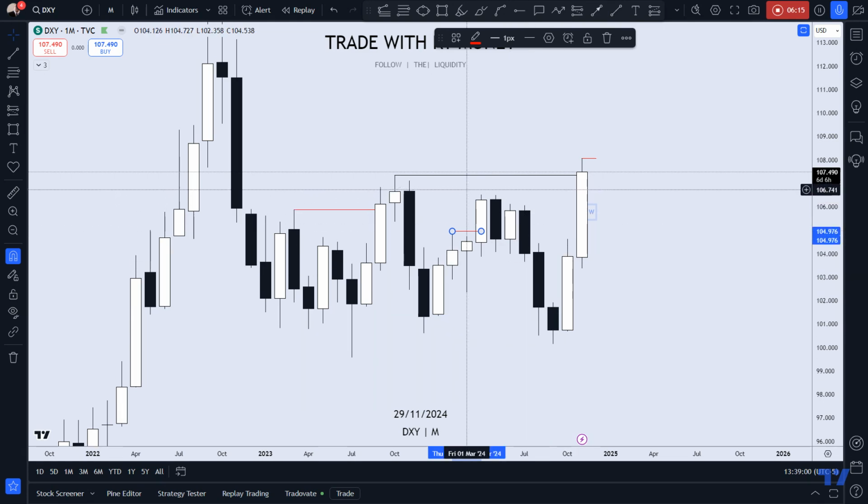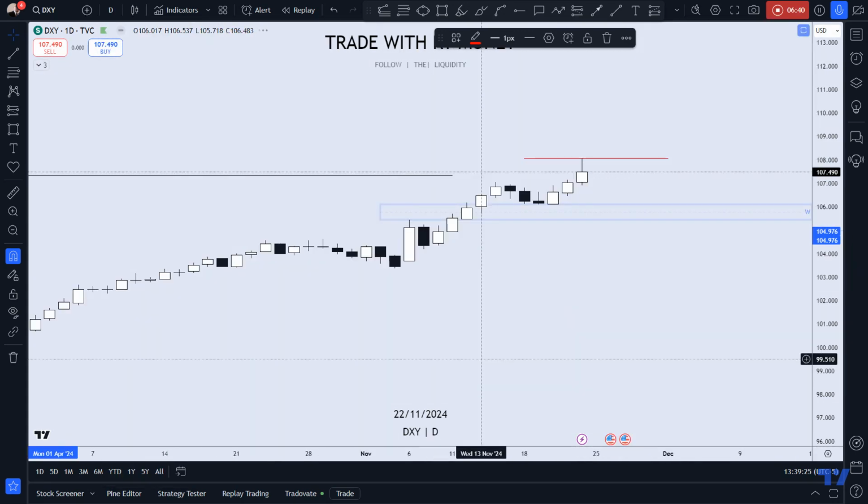Now price has pulled back into this balanced area already, so I'm not looking at that at all. I'm looking at this swing high that it just took out, and this is why: because it's the highest of this trading range, I believe the pullback is coming. I hope you follow me. All right, good. So if we go to the daily,